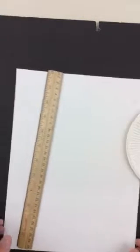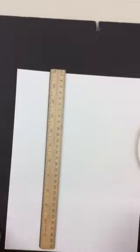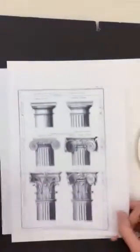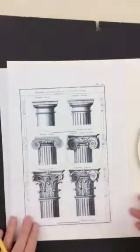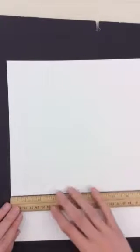So the first thing that we want to do is, since you guys are on your practice paper, but you'll also do this on your final paper, grab a ruler and make yourself some stripes. I'm working off of these two guys here. Now, to begin, I'm just going to make my stripes